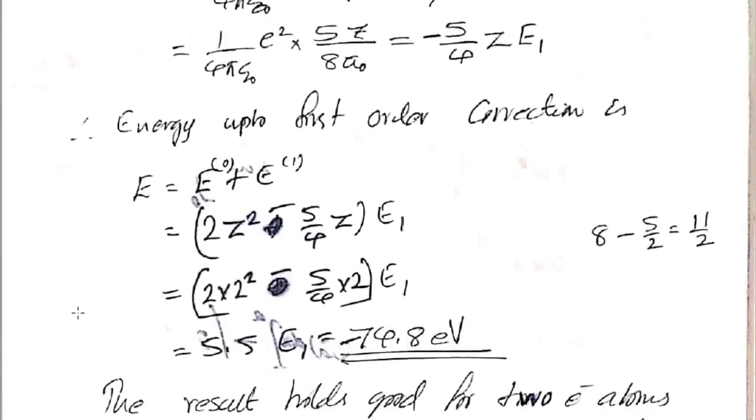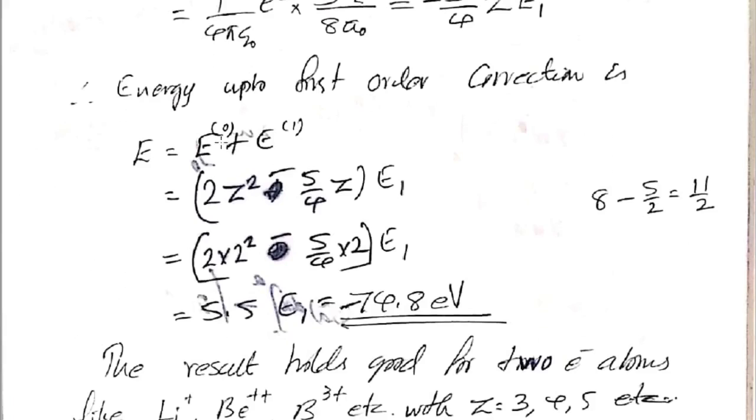Now the energy up to first order correction will be equal to the unperturbed energy plus the first order correction, that is 2Z² E1 minus 5/4 Z E1. Putting the value of Z equal to 2, we get it is 5.5 E1, that is minus 74.8 electron